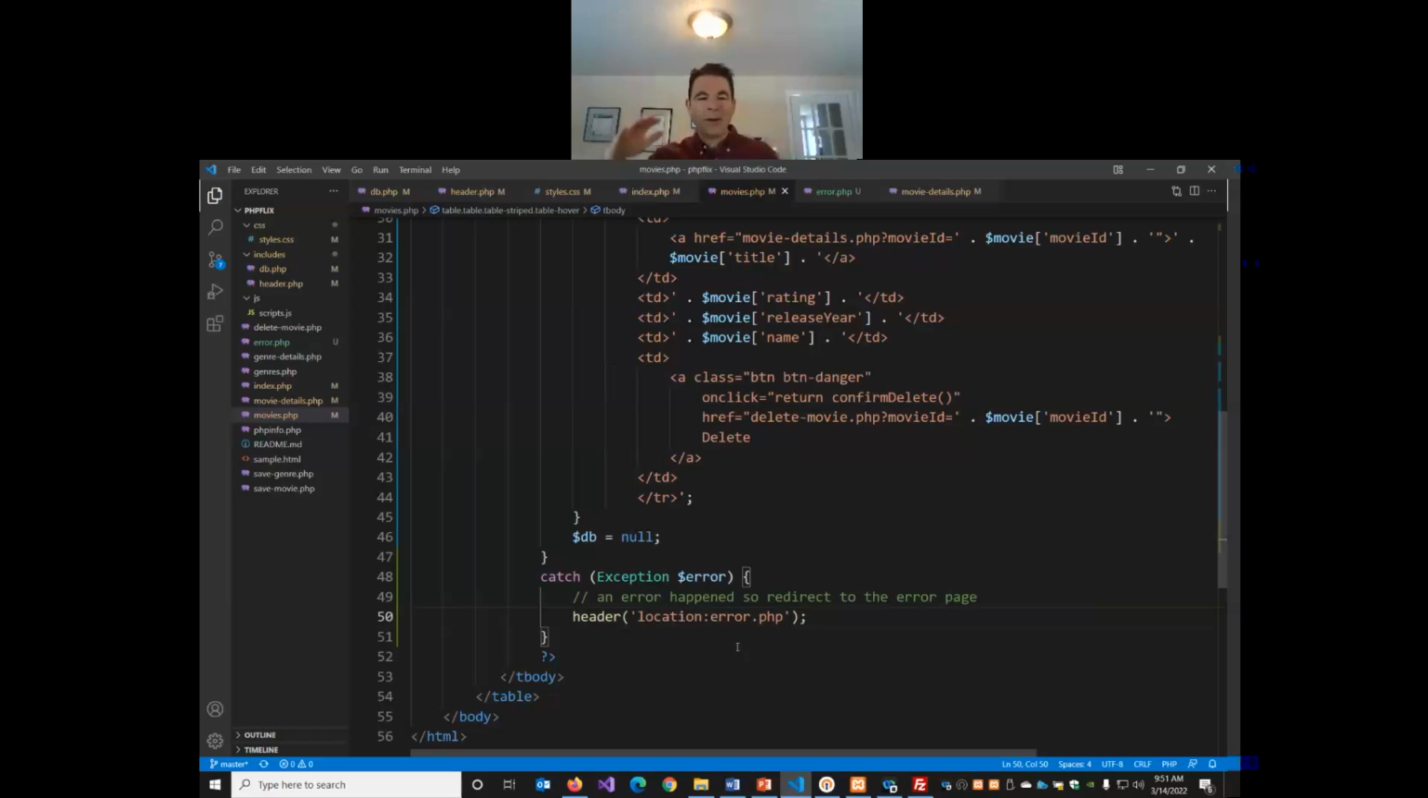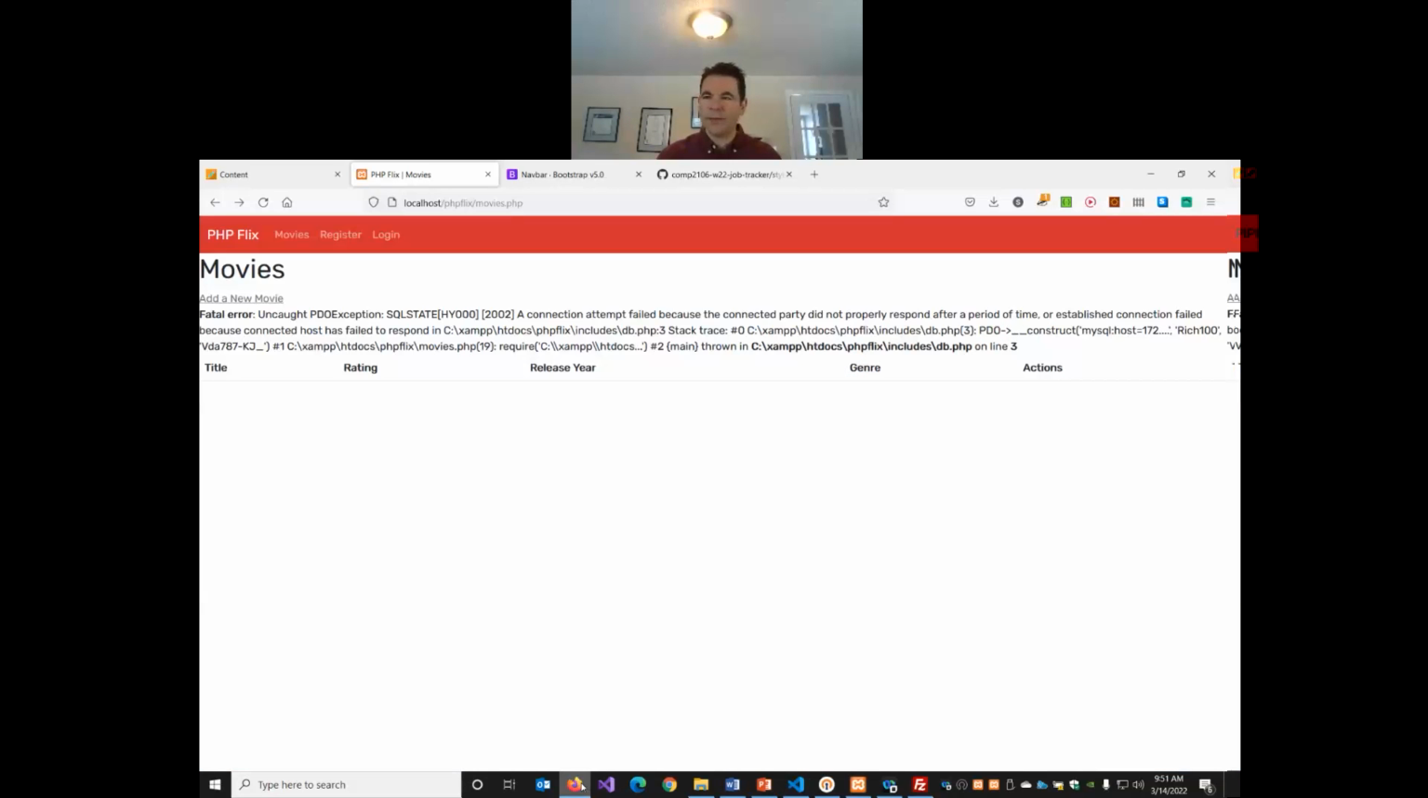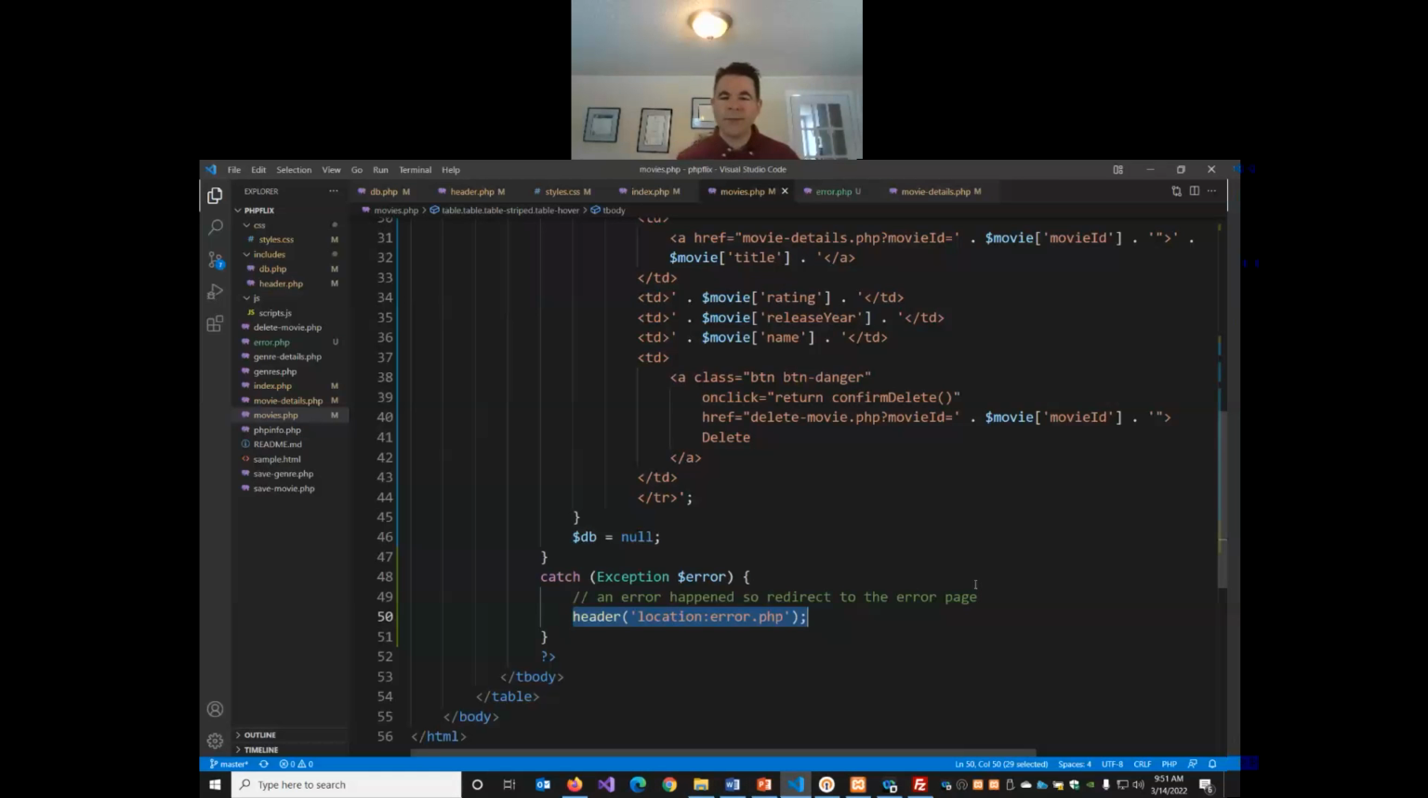So if there are any errors, whether it's the database connection or we have a syntax error, it doesn't matter. If any errors happen here, take the user to the error page. Don't show them this. So again, to try this out, disconnect from